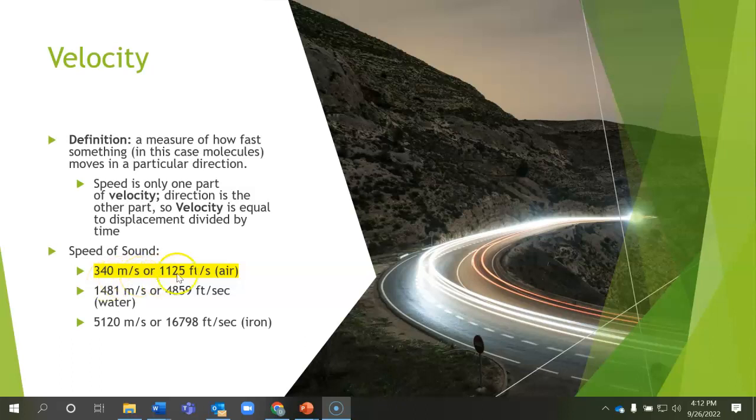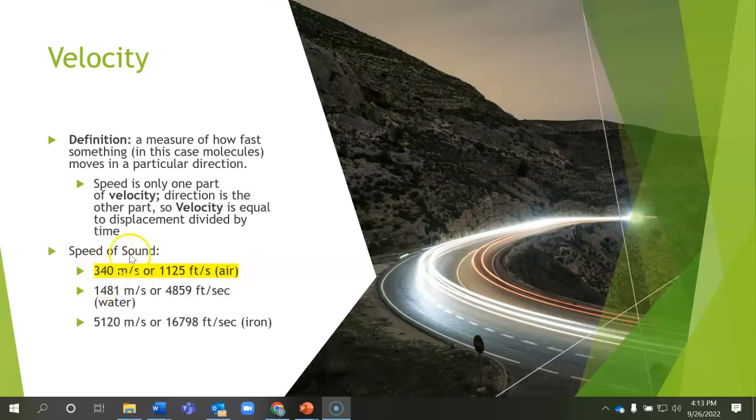per second, or 1,125 feet per second in air. I like to use the feet per second because I'm used to doing that, and I've been using this scale for many years. When I was a kid, we were supposed to be adopting the metric system in elementary school, but that never happened. And here we are some 40 years later, and we still don't use the metric system like the rest